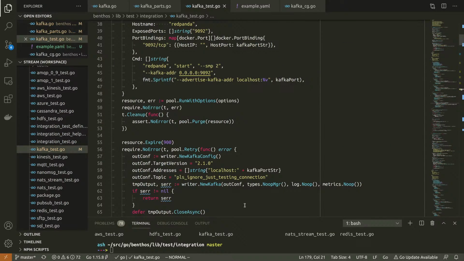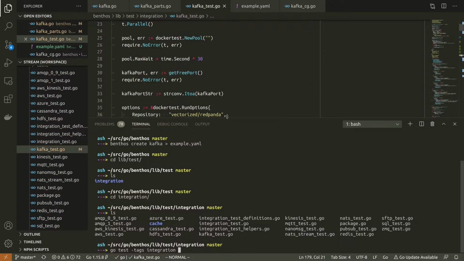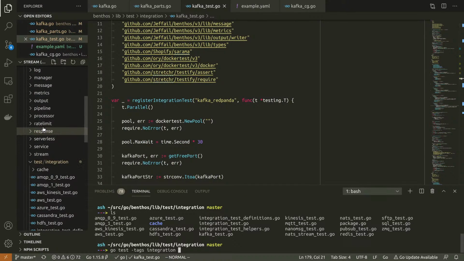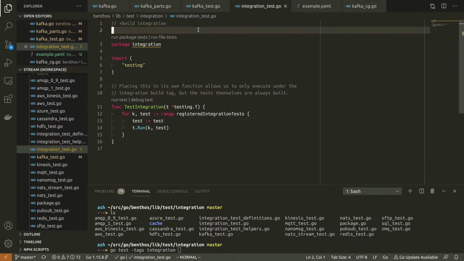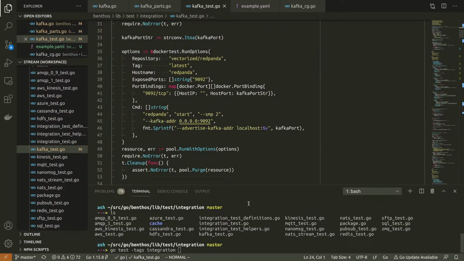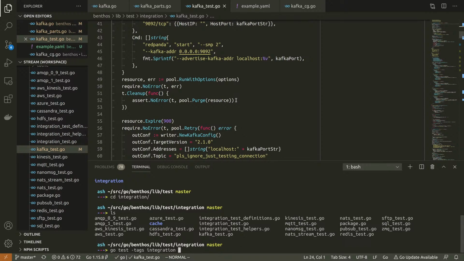And I'm just going to make sure that this runs. So, right, go test tags integration. Ooh. So this is how you run the integration test. There's a build flag. There's no build tag for the actual test definition, so they always get compiled. But we have this one file that does have the build tag, which is the thing that actually runs the tests. So that's how you have the test disabled for standard unit test invocations, but the tests will always get compiled in.